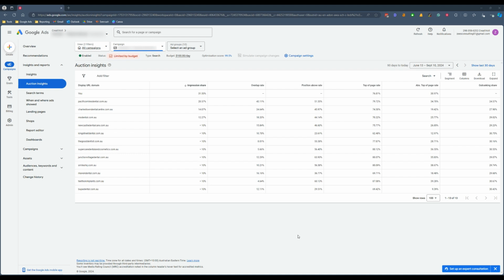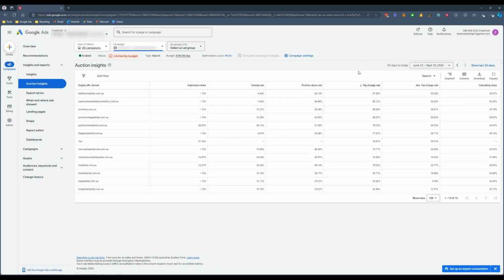Now that we understand what each of these columns means and the different data sets that they represent, we can start to zoom out and start to interpret this report to come up with some actionable insights and specific items that we can work on to improve our competitive positioning in the market. So I've gone back to the last 90 days of data, and I'm just going to sort this by top